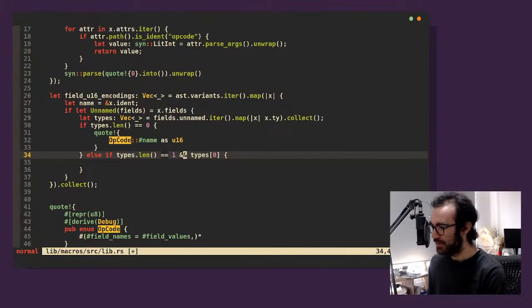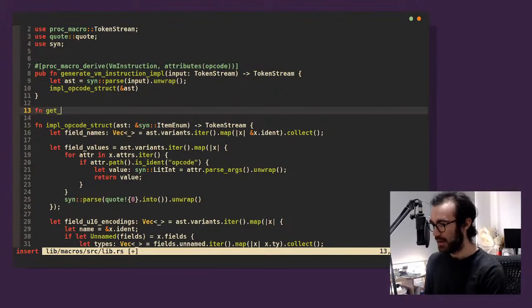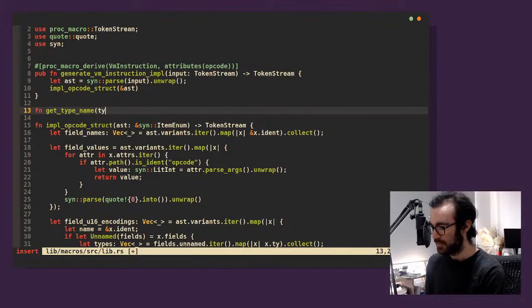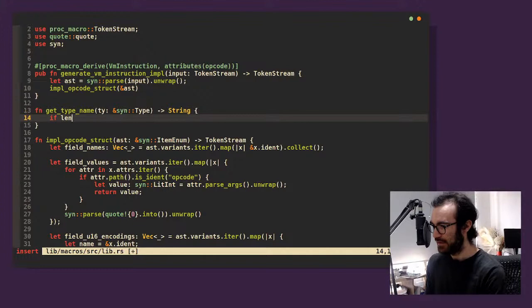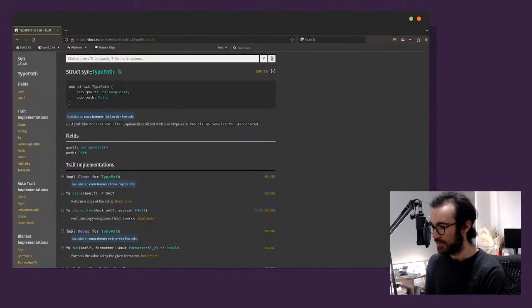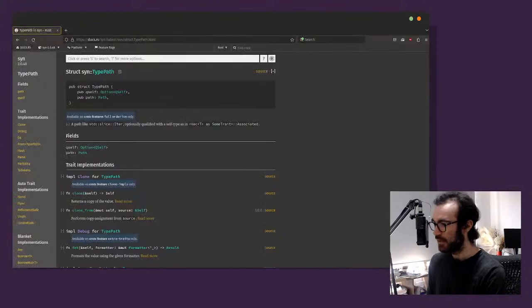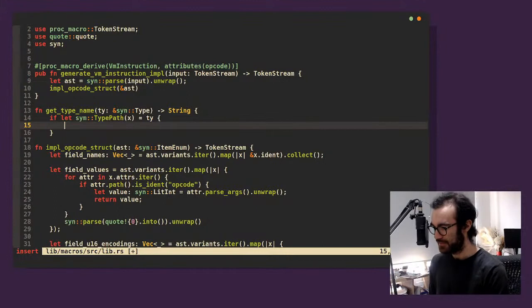Types 0. Let's go, function get type name, syn type. We're going to borrow it and we're going to give back a string. If let, okay, so if this is a type path, then